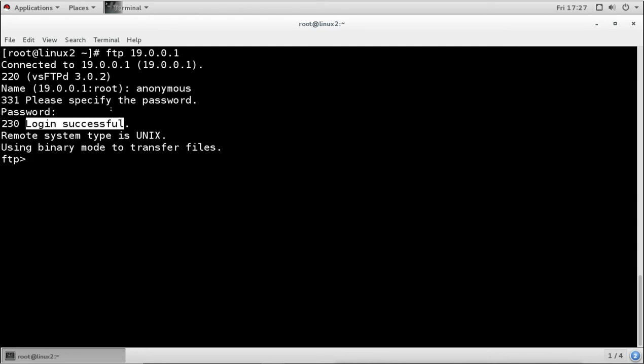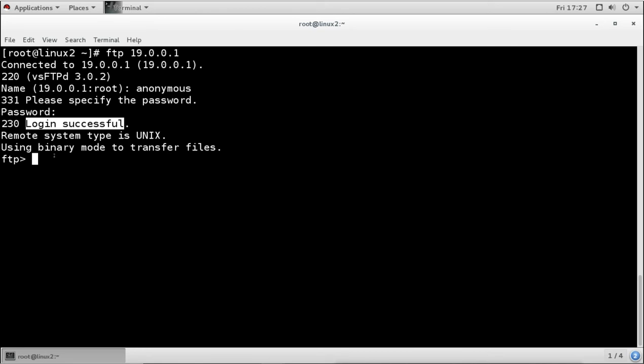By default, it allows the anonymous user to log into the FTP server. This is the default behavior of the FTP server. So by default, the anonymous user is enabled. The anonymous user, that means nobody, this nobody user can access the FTP server without any password.